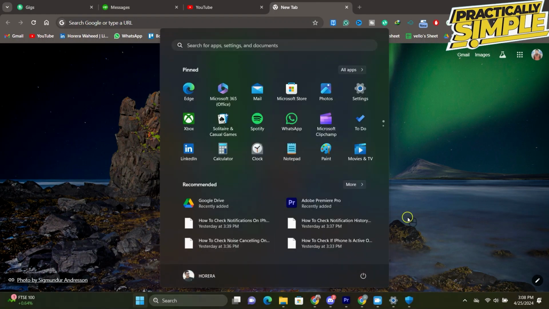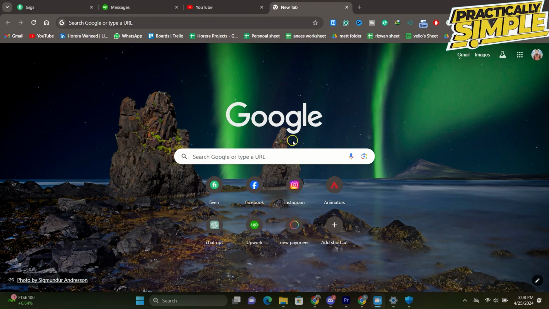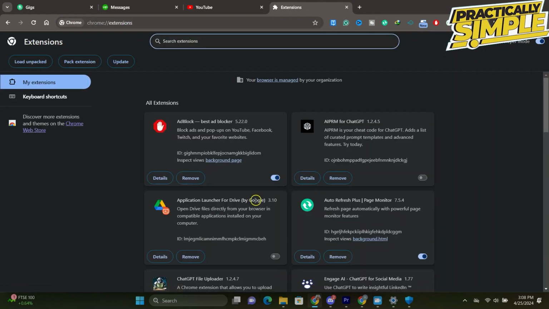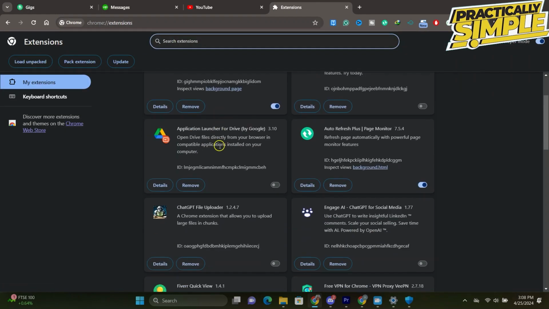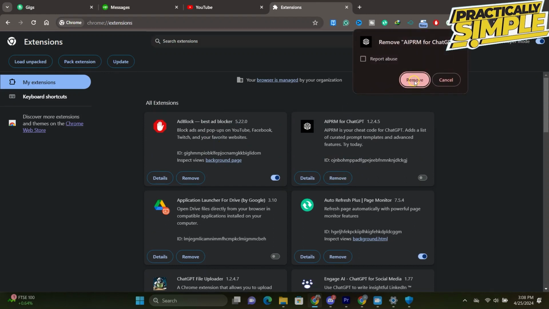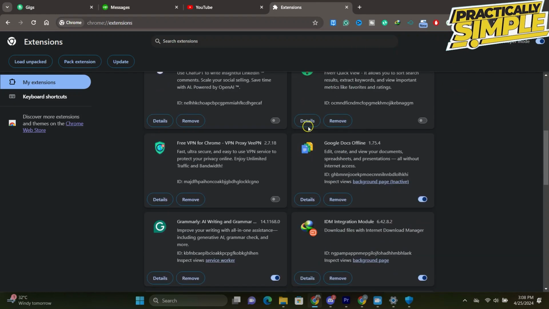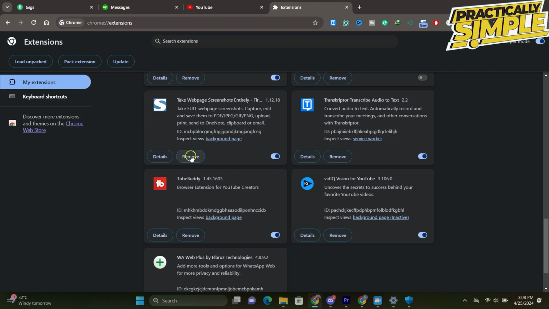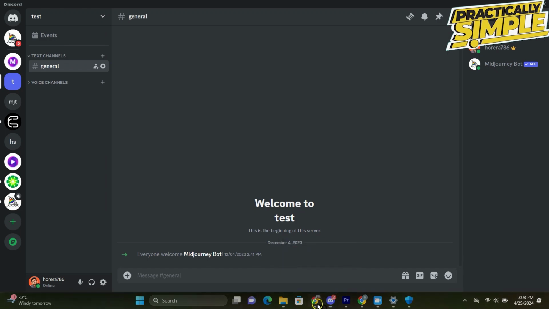Now this time I'm going to show you how to try to fix this using our web browser. First things first, click this one right here and click Manage extensions. If you have recently installed an extension that you think might be hindering your Discord, go ahead and remove it. Just click the Remove button, just like so. You are going to do the same for all the others that you think might be the reason why this is happening. After doing that, try to open your Discord once again and see if it works or not.